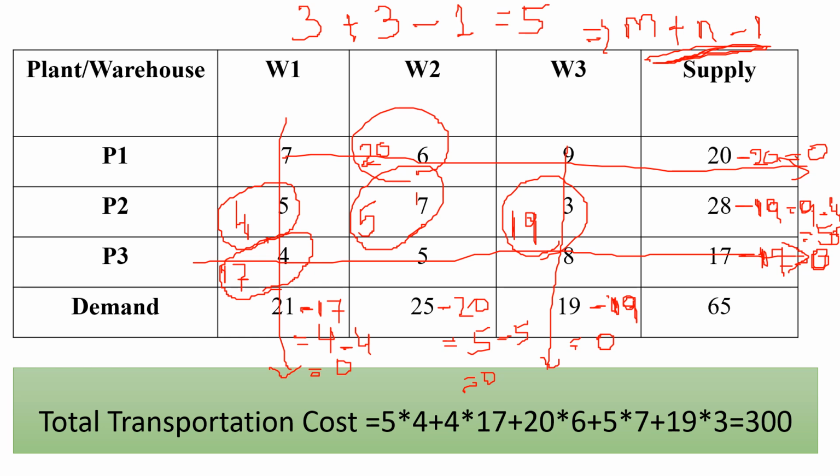And in this way you will find that in the least cost method, 300 units is the lowest cost that will come into the picture. But whether this is the exact answer, whether it is optimized or not, you can go for the further